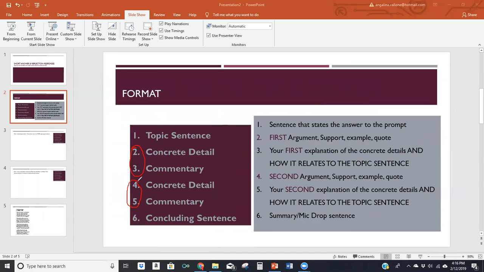You'll find your second piece of evidence or your second support, or give your second example, and then provide some kind of commentary that explains, again, how that detail or that example supports your topic sentence. So you kind of repeat the pattern. And then after you've repeated that pattern, you go in and you write a concluding sentence. And I think the concept of a mic drop is a great idea here, but mostly it just wants to kind of summarize what your primary answer was and leave your reader going, gotcha, I know what you're thinking